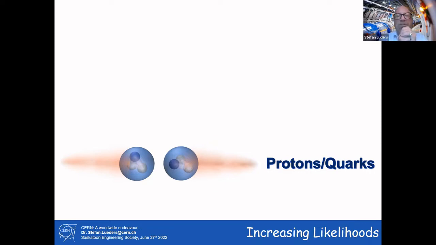So what we do is we take 2 protons. We smack 2 protons together with very, very high velocity, with very, very high momentum. And when we do this, in principle, what we produce is energy on the spot. And the energy density here only depends on the speed of the protons. The faster you go, the more energy you put on the spot.